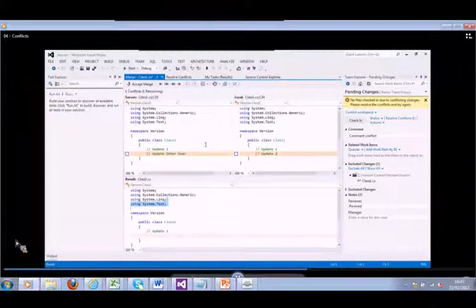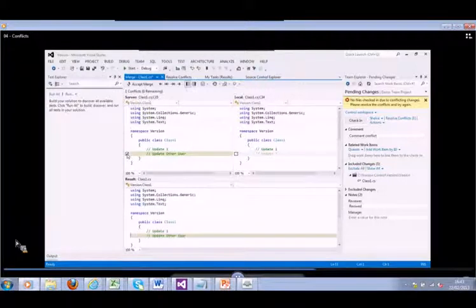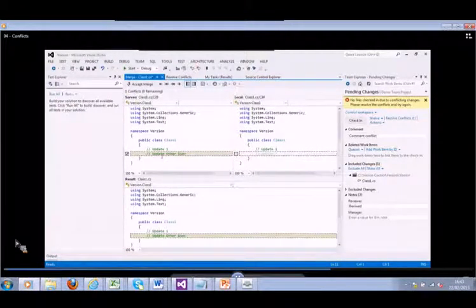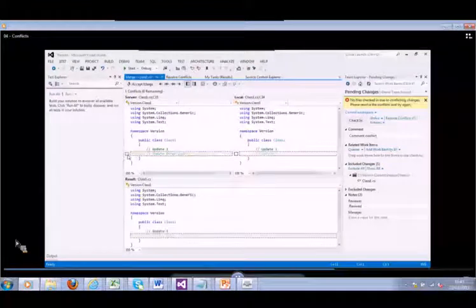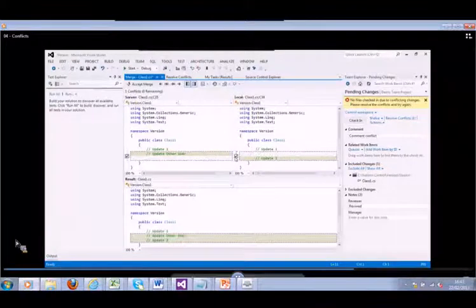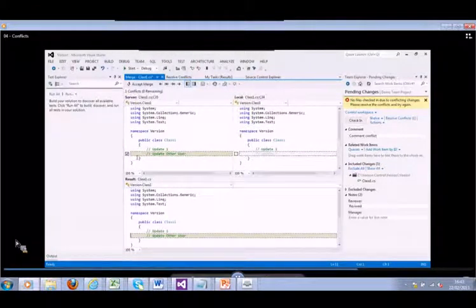So by clicking on the click boxes to the left of each of the files that are in conflict, I can decide which changes should go into the resultant file. You can see I've selected both. I can deselect them, and I can even influence the order in which the updates will appear. So if I want the left one to go first, I simply click the left one, and the right one comes afterwards. Or you can easily reverse the order if you want to by clicking